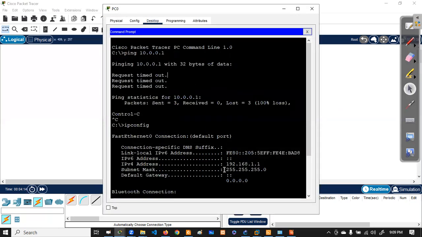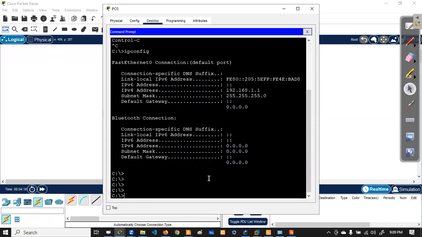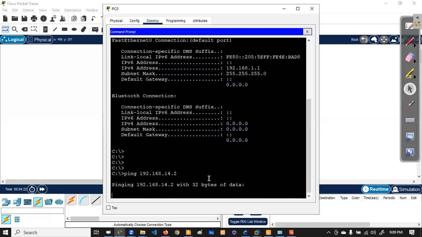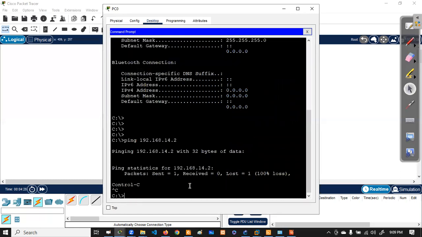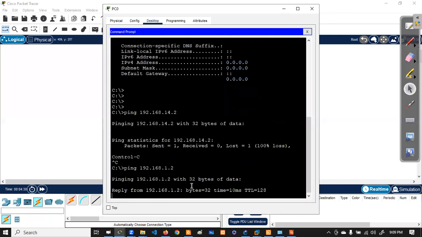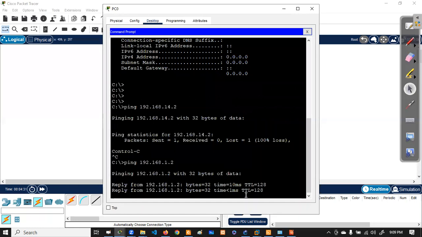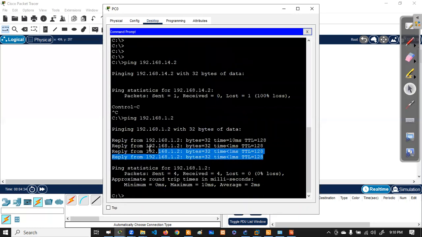So let me try to ping 192.168.1.2. Sorry, mistake. This is 1.2. Now can you see? It's giving a reply.